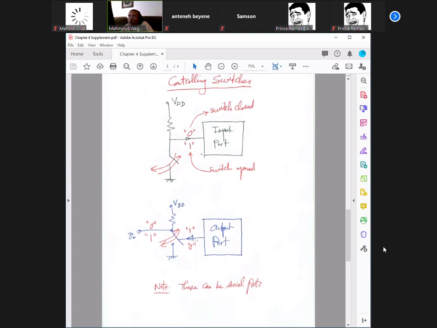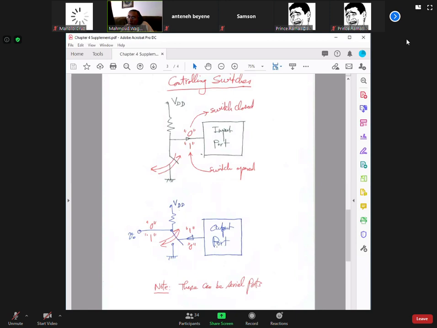If you output logic 1, for example, here to the switch, you're actually closing the switch. If you close the switch, that means this point is going to be grounded. So V output is going to go to 0 volt. But if you output